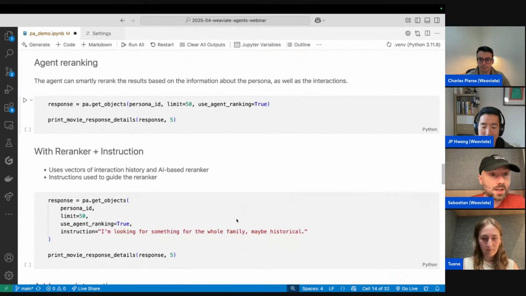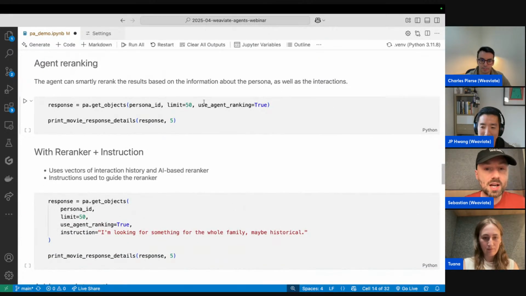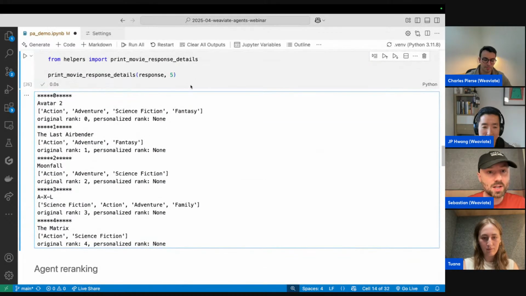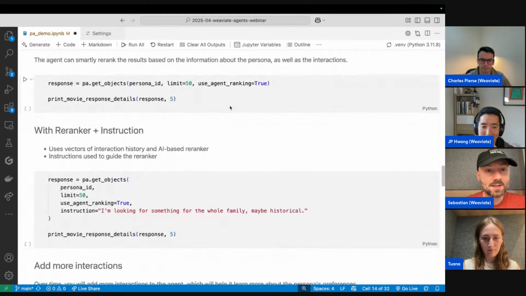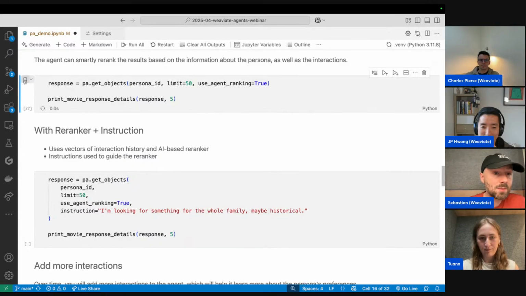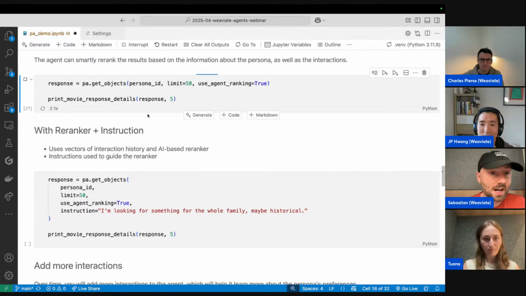But what we can do is make it more agentic. Instead of just running, because this part was just running a vector search, using a centroid, which is an average of my likes and dislikes, I could find movies that are somewhat similar. But in this case, we can actually run a query and also send it over to an LLM and say, actually tell me what would be the 5 movies that I would like.